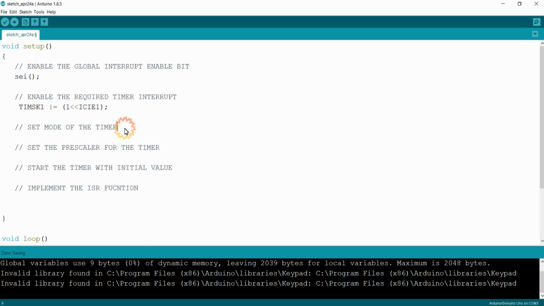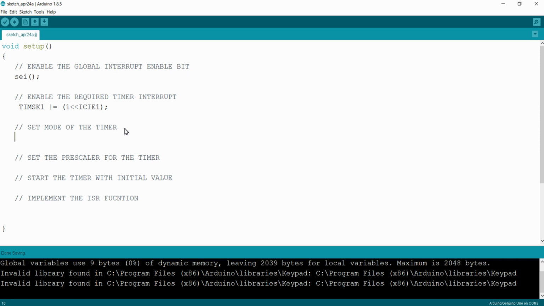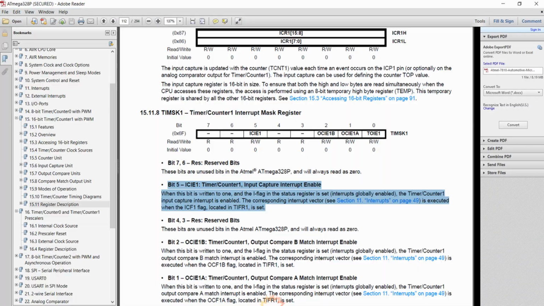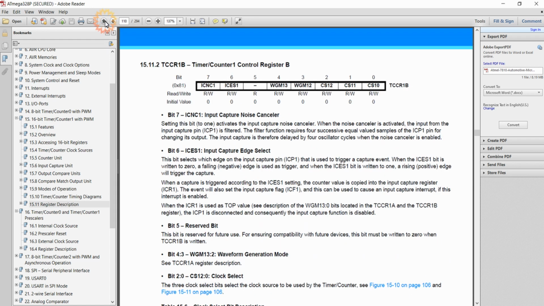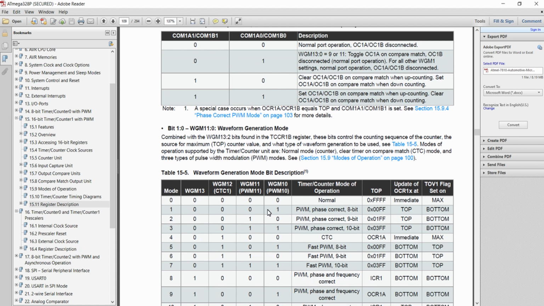The next step is to set the mode of the timer, and here also we want the timer to be running in normal mode. That can be set using the table over here. I just want to clear all the WGM10 to WGM13 bits.